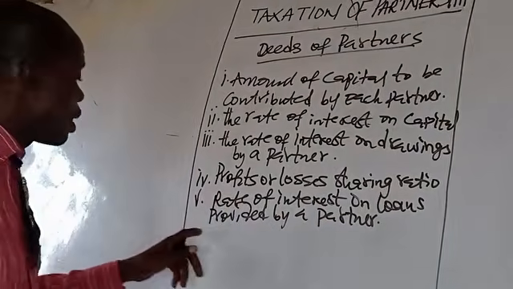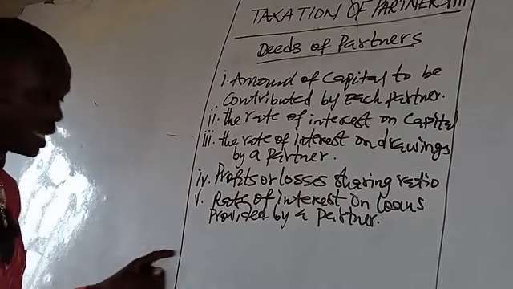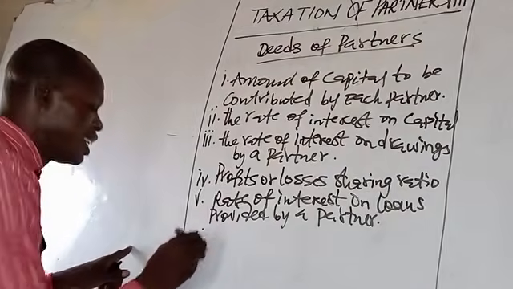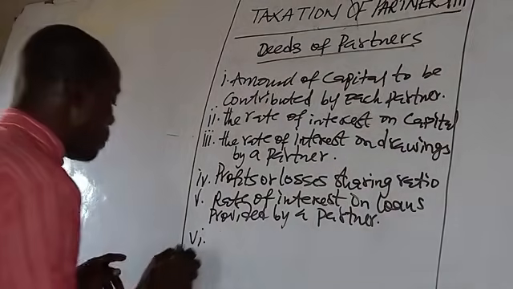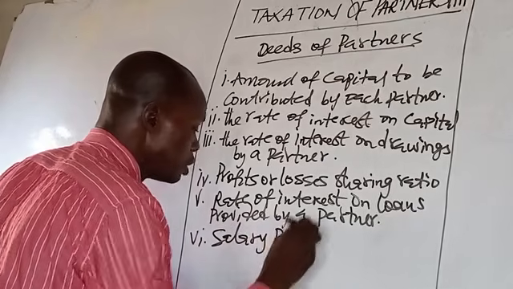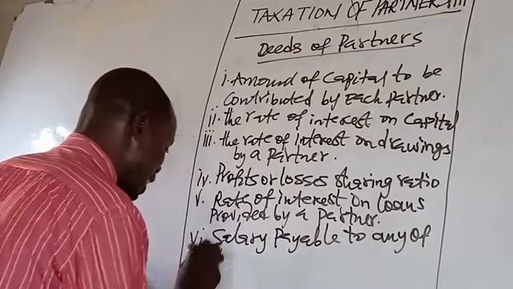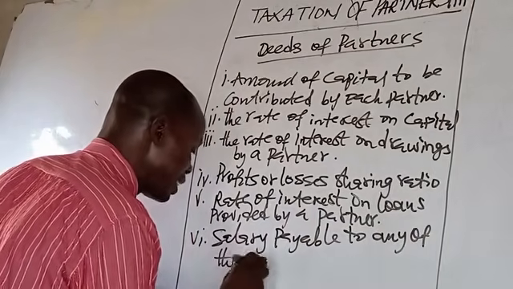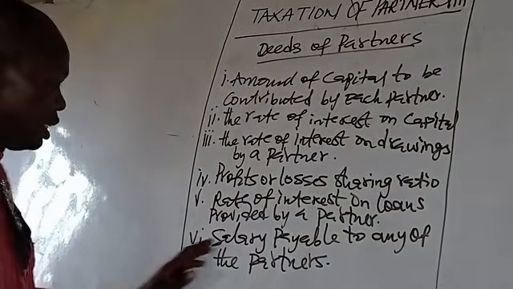This must equally be spelled out in the deeds of partners. Number 6, the salary or remuneration payable to any of the partners. This must be spelled out in the deeds